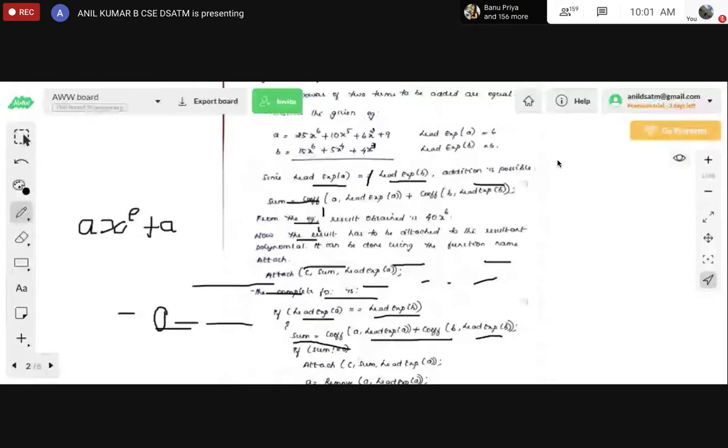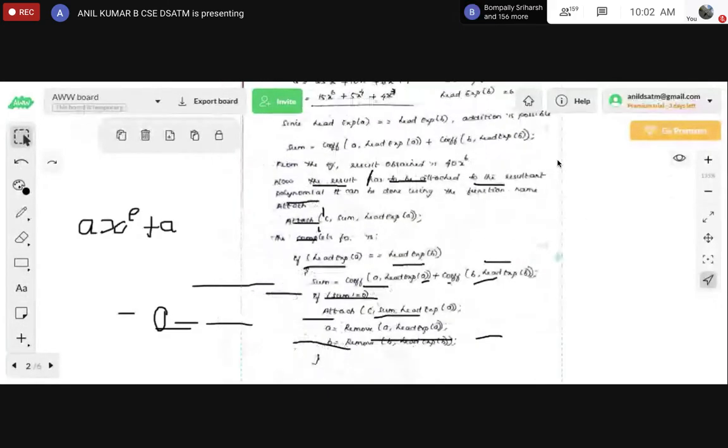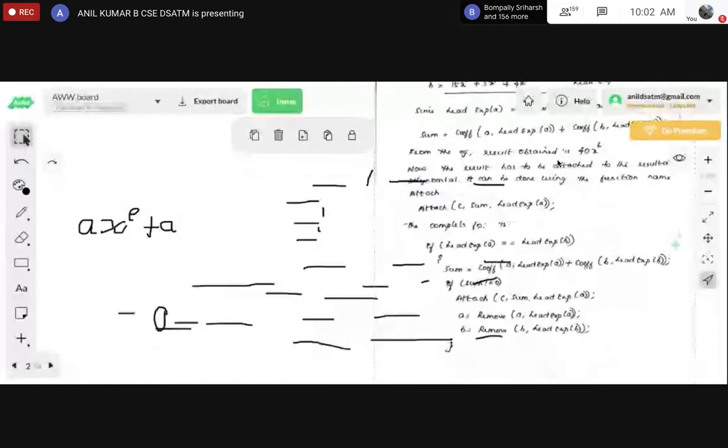Next terms that you have to perform the polynomial on, to perform that task we are going to remove that. Here one more condition we are putting is removing the previous values that were stored.